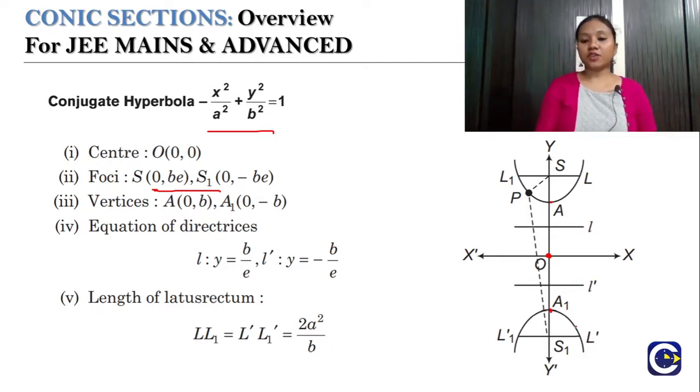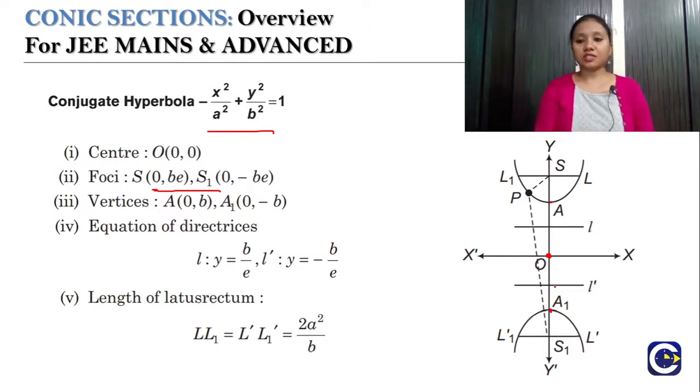It is like a complete converse of our initial standard form of hyperbola, because there we had our hyperbola along the x-axis, whereas now we have our hyperbola along the y-axis, which is called the conjugate hyperbola. The terms will be the same, whereas their corresponding coordinates or formulas will be different according to the axis.